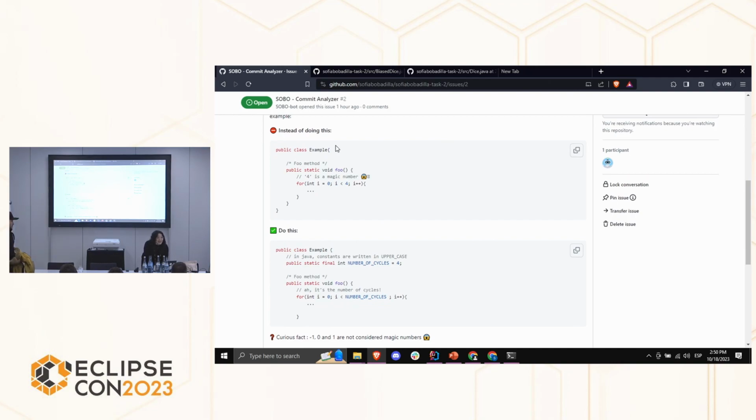May I ask a question? Yes. Is it possible for the instructor to add extra feedback to the messages? Yes. Like to change this template? No, by adding some extra feedback to a certain rule violation. Yes. So now we configure the bot with 6 rules, but if you want, you can add more. Or you can actually use another static analyzer too.